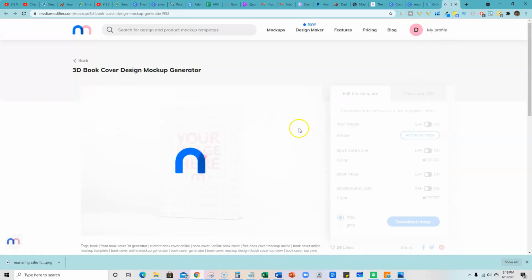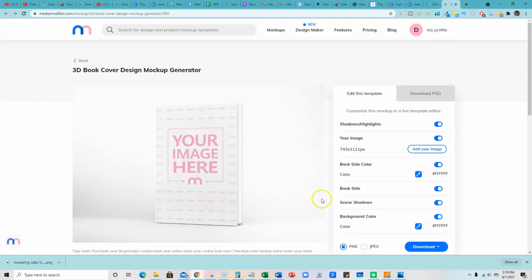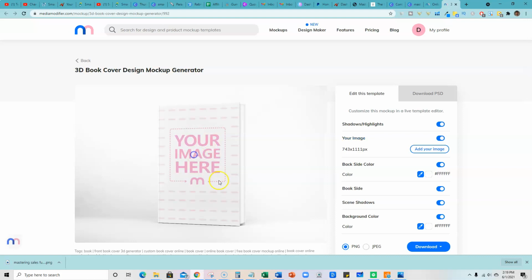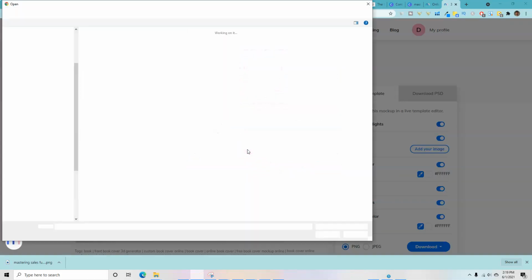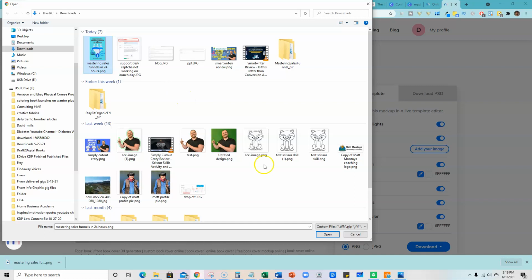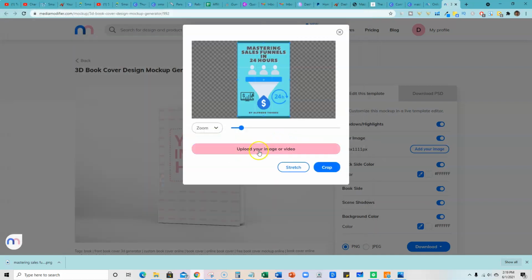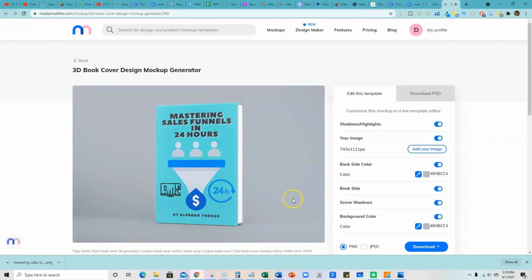So let's say you're building your sales page or your sales funnel, right? What I like to do is click on here, and I'm going to go upload. We're going to go over to our image that we just created, right? Our book cover. And I'm going to push the stretch button, and then boom, just like that, we've got an